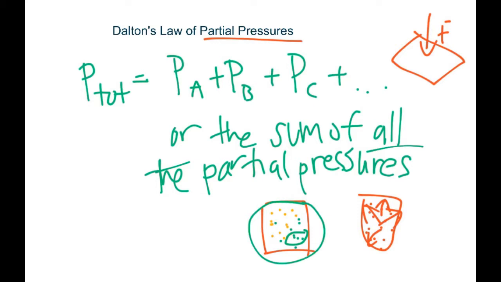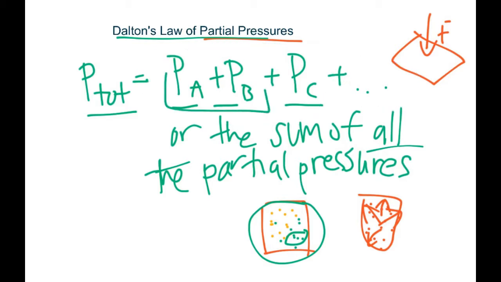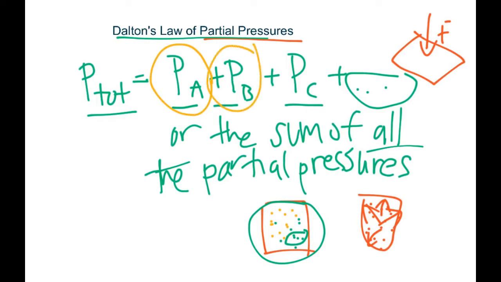pressure. So Dalton's law of partial pressures states that the total pressure is equal to the sum of the partial pressures of the gases that make up the sample. So you could have 3, you could have even more if you need it, or you could just have 2 gases. And this just says that you could have as many different gases as you want, but in the end, the partial pressures for each individual gas that makes up the sample has to add up to the total